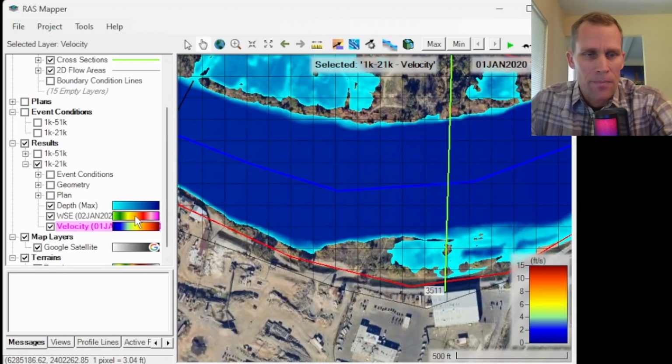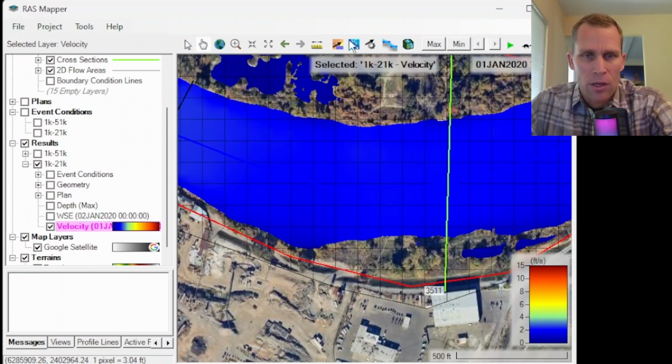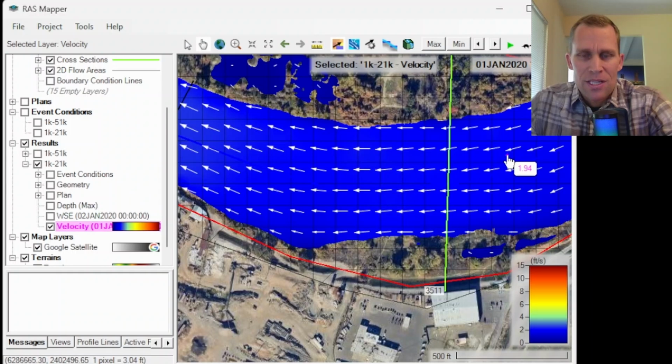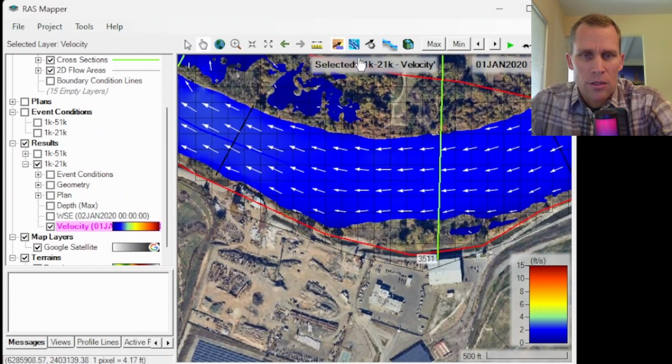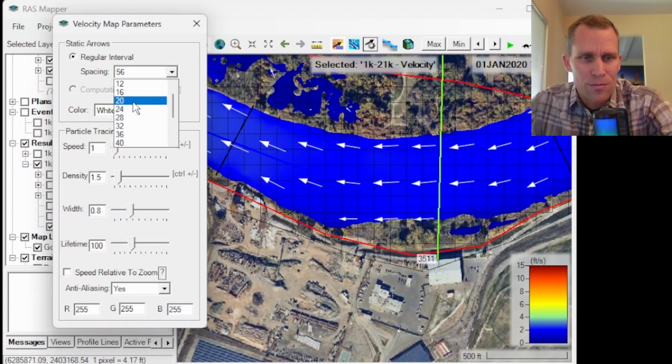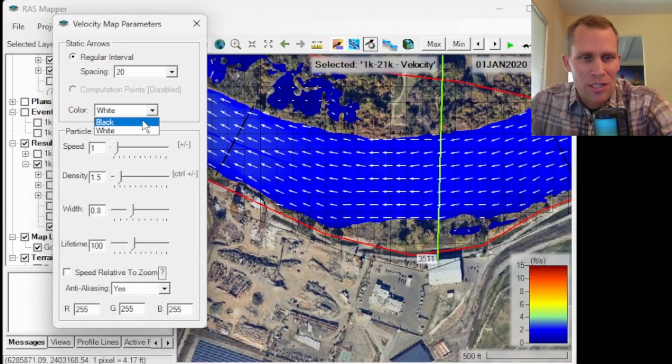I'm going to zoom in on the map, and then what I'm going to do is select the velocity layer. So I'm going to turn off the other two layers. I have velocity layer selected, and then click on this arrow button right here. This is the static velocity arrows. So right now I'm seeing the direction of flow. This is the vector, if you will, of the flow, where it shows you the direction and the magnitude. And if you wanted to change the symbology a little bit, then you can just click on the button up here. That's a little arrow and a gear setting symbol, where you can go ahead and change the spacing to larger spacing. That's too large, or to smaller spacing like that, as well as changing the color of the arrow,